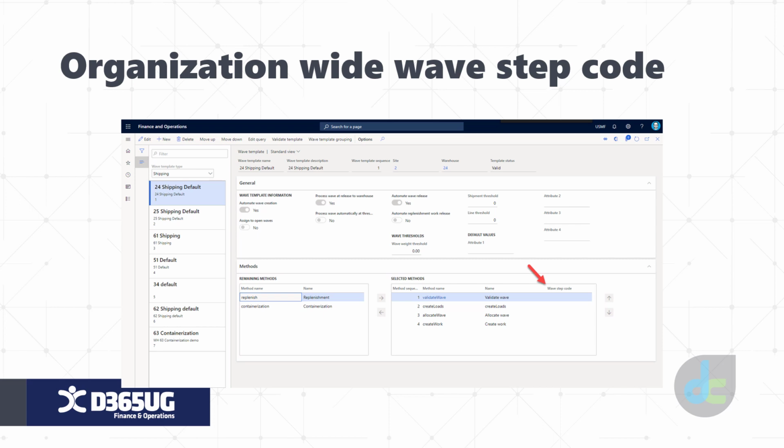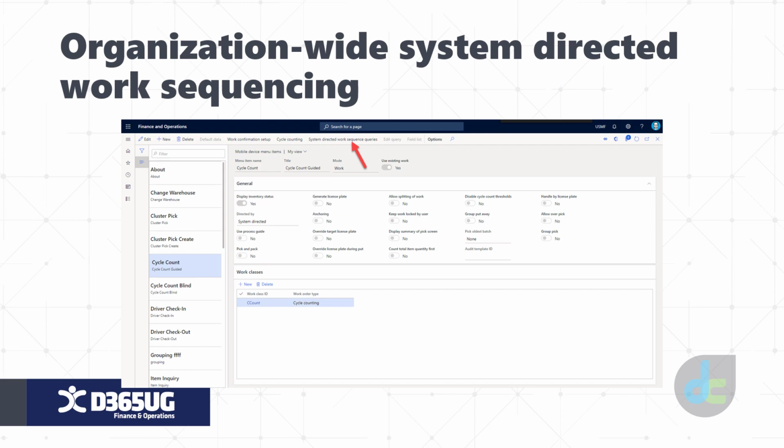And with this on, a user would have to select a predefined wave code when using wave step codes to link to a specific wave method instance for their corresponding templates. So in short, it just gets rid of any inconsistencies you may have seen with user-generated codes and sets everything to be organization-wide, and that would cover all legal entities inside an organization.